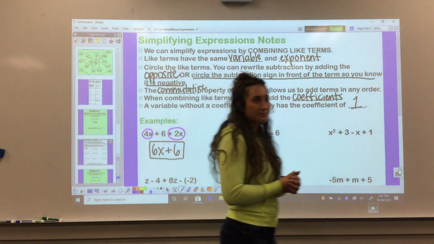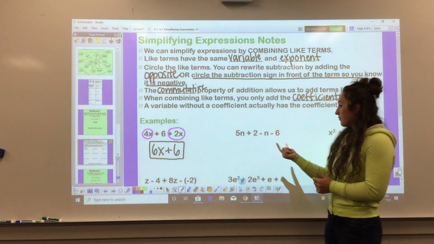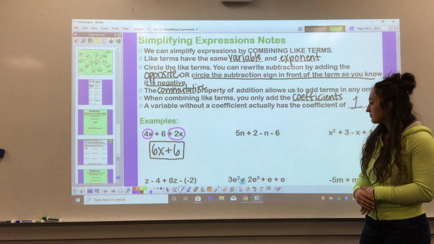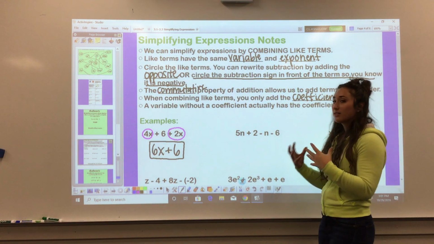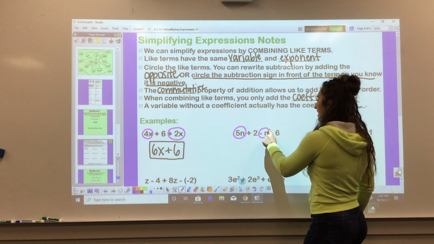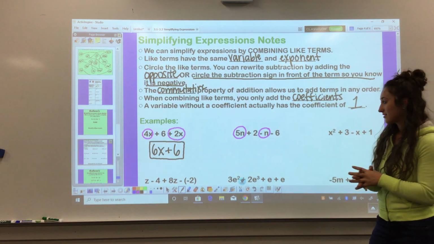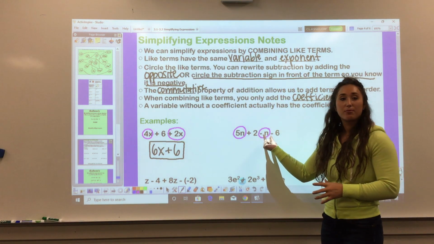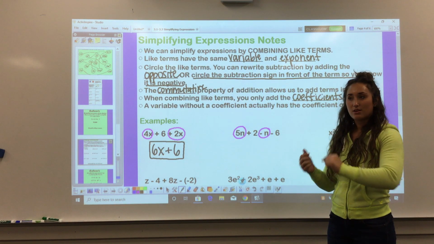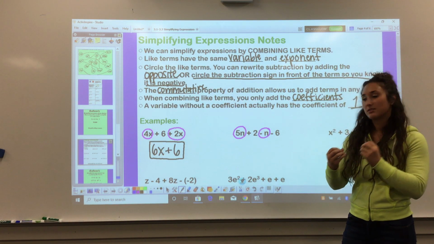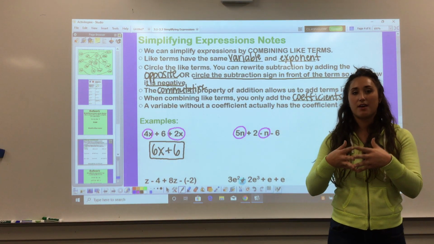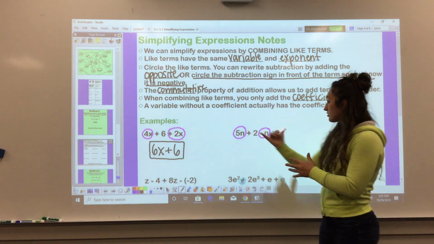All right. Our next one, we have 5n plus 2 minus n minus 6. So our like terms here would be 5n and negative n, okay? Hopefully you remember that minus n is the same as plus negative n. So rather than rewriting plus negative n, I'm just going to circle that minus sign so I know that that's a negative n term. So those are like terms,